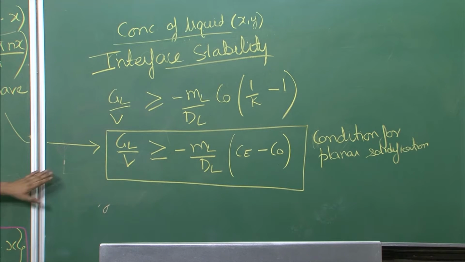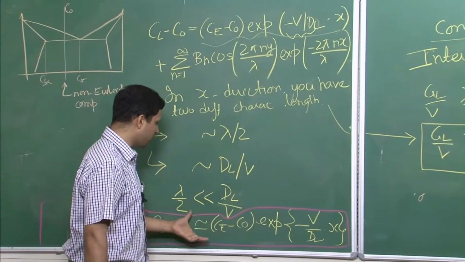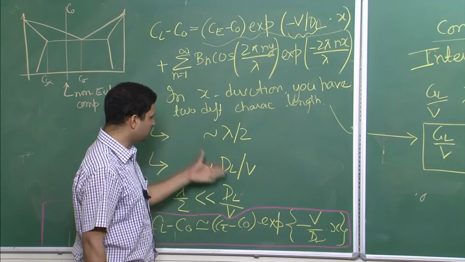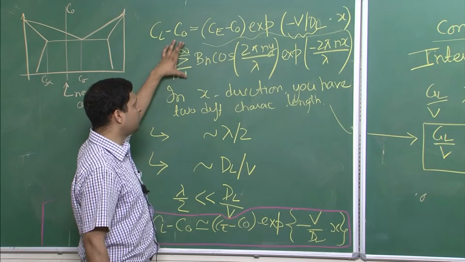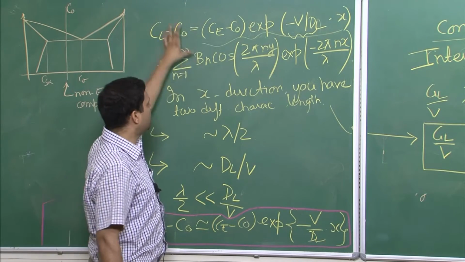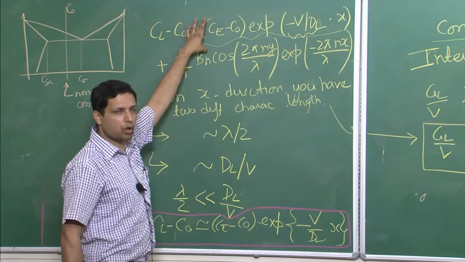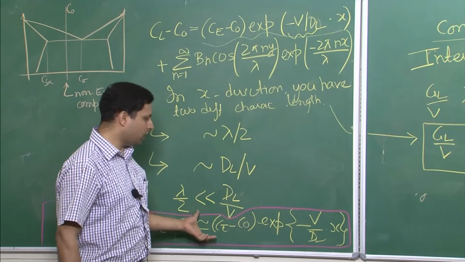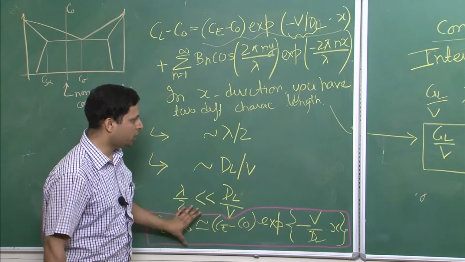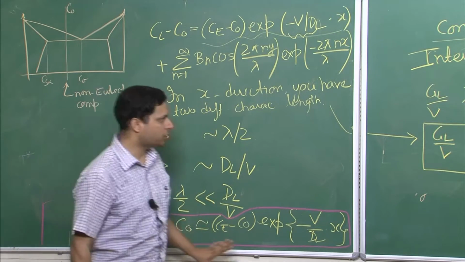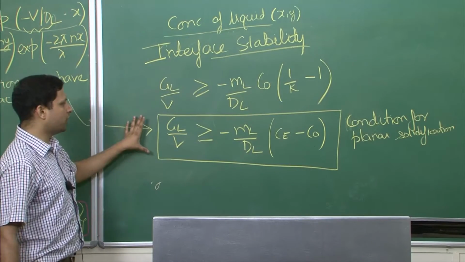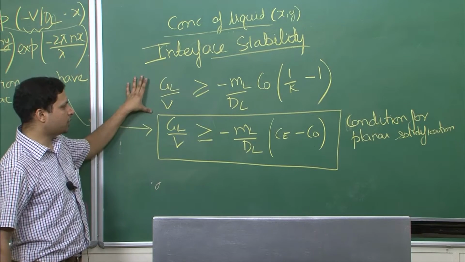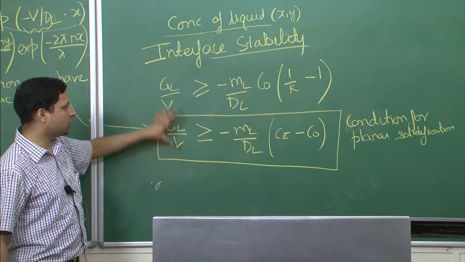So, whenever you have this particular condition, which will always be the case because this will be the more dominating term in this equation, this particular term is a very small value. Therefore, this will always be the more dominating term, and because of that this is how your overall composition variation will look like. If this is how the overall variation of the composition looks like, this is how we can describe the interface stability, and in the present context this translates to this.